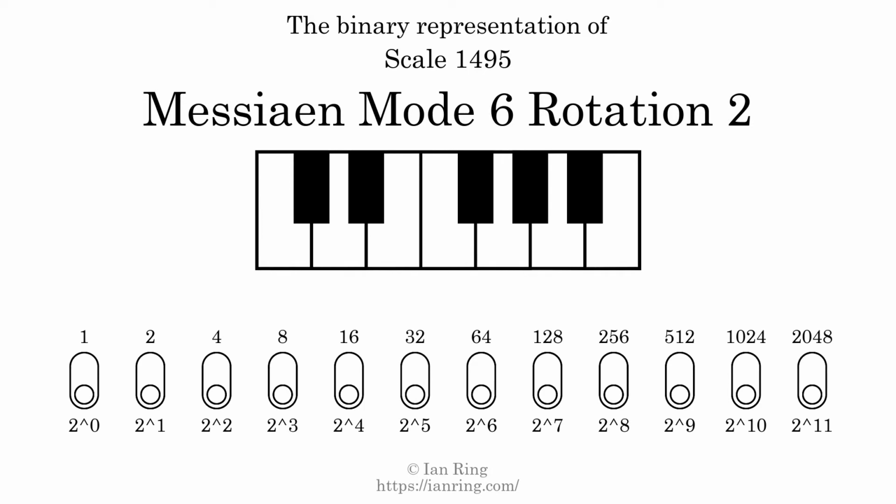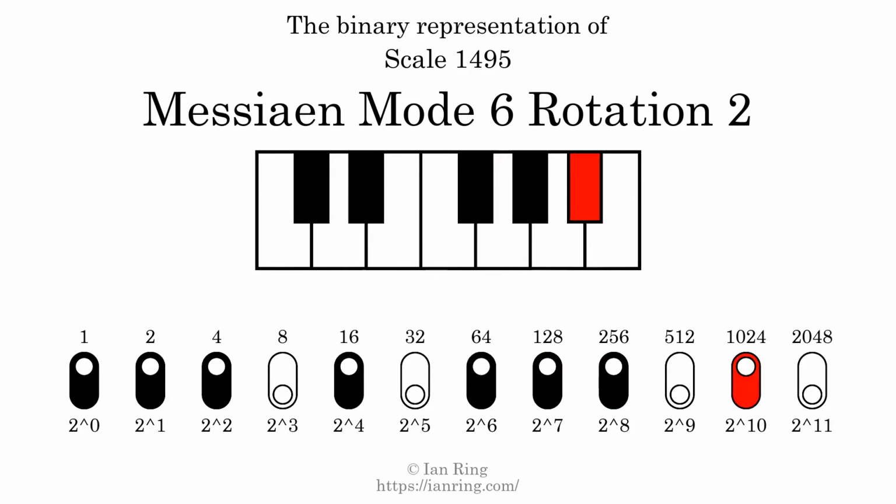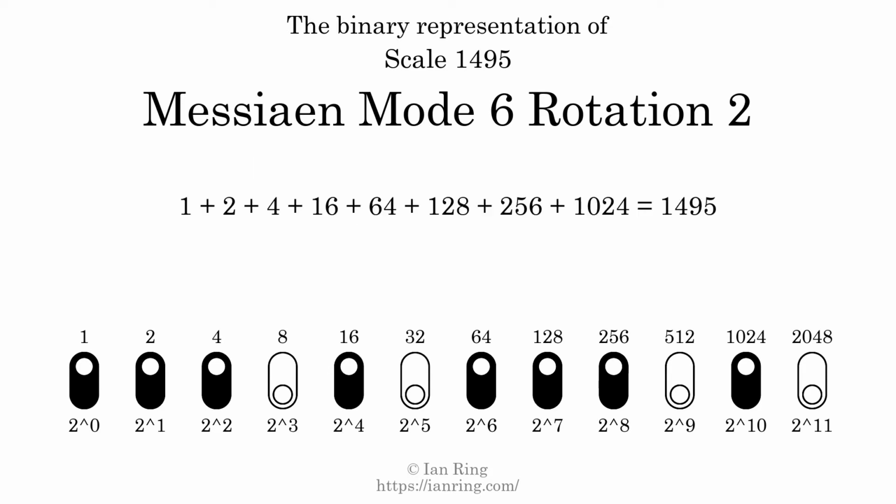The binary representation of this scale is determined by mapping tones of the scale to binary digits. Each binary digit represents a power of 2. To get the scale number, we add the powers of 2 together. The powers of 2 that are present in the scale, all added together, equals 1495. That is why the scale number, in decimal, is